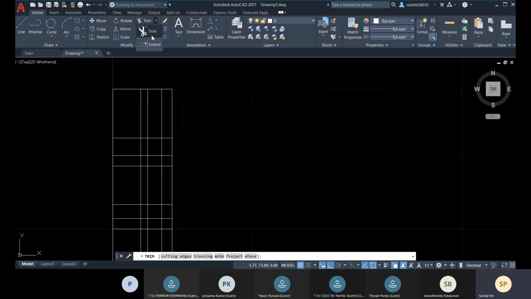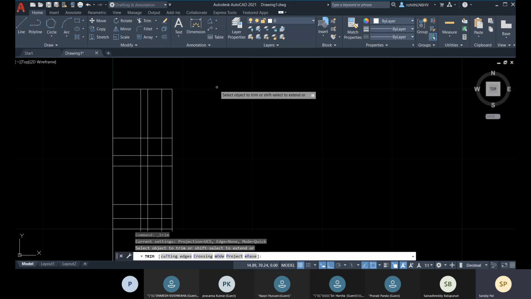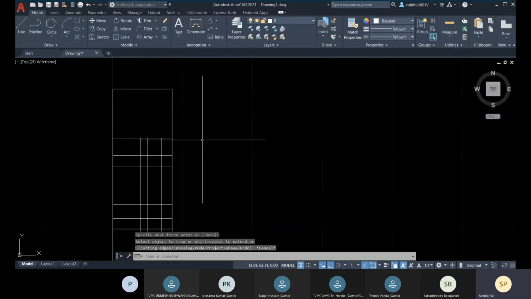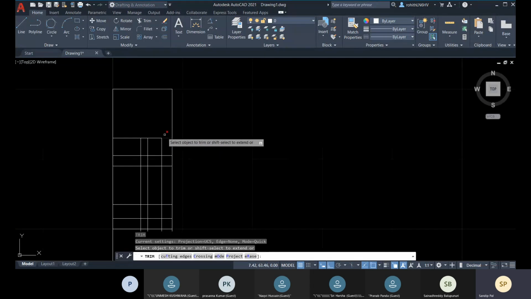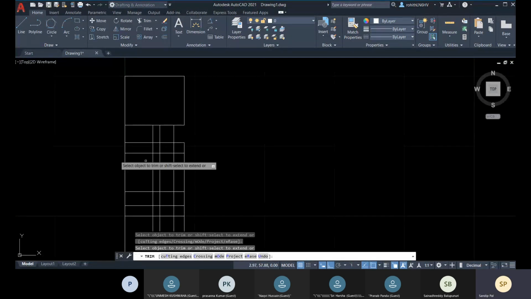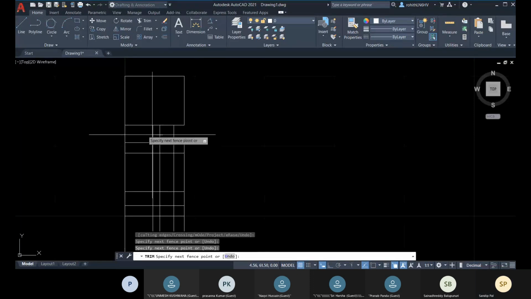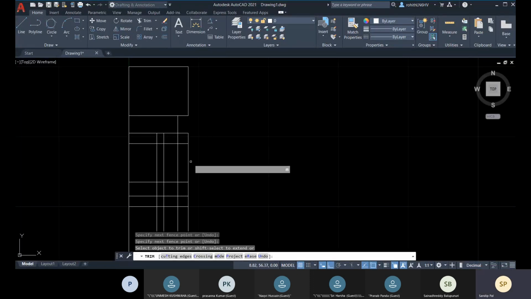If you are using an older version, after clicking on this icon, you had to press one enter. But in this 2021 version and the 2022 version, you don't have to press that enter. You just click on this icon and you can start trimming. And if you are going with the command, you just have to press one single enter like other commands. So TR enter and you can start trimming it. All right. Like this, you can go for it. Okay. I hope you got this.